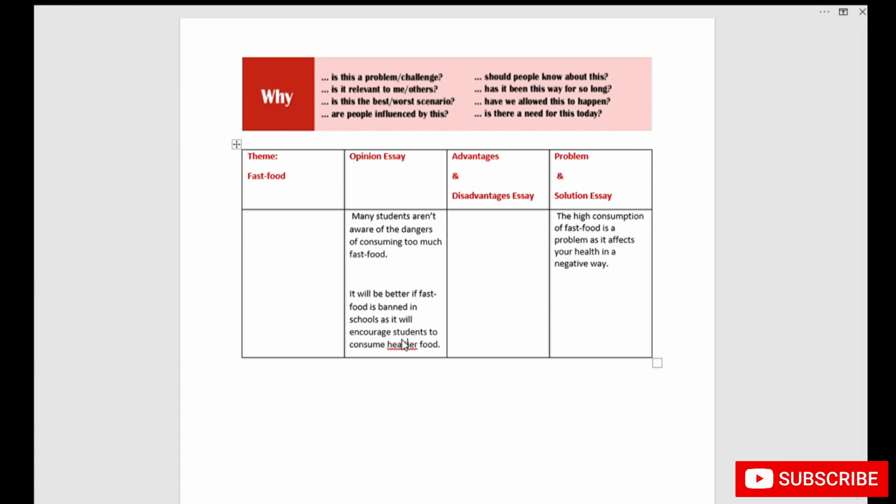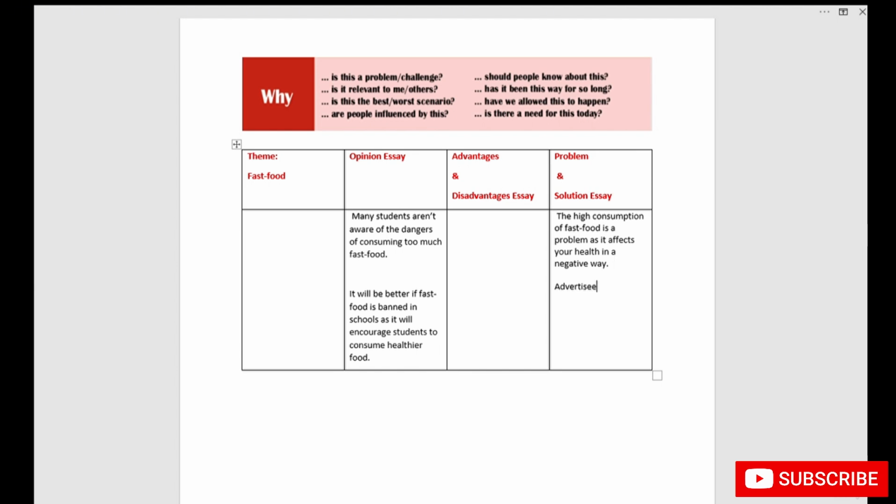You can further explain this by saying if students cannot find fast food in schools, they will be led to eating healthier alternatives. Let's look at this question. Why are people influenced by this? And it can go well with the problem and solution essay part where you are describing the cause of the problem. So you can say